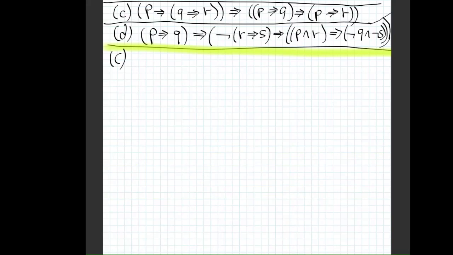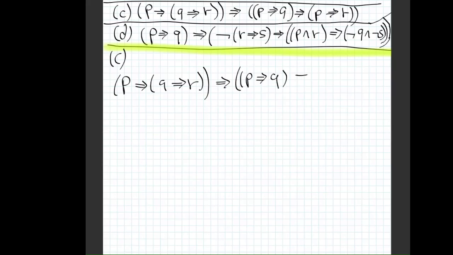Okay, so let's write this one here. So we got P implies Q, which implies R. Look at the time real quick, and this implies, sorry, big parentheses, P implies Q, which implies P implies R. Okay, so now